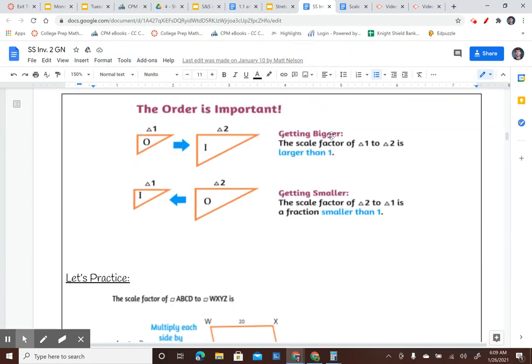Now notice the order is important. So we take a look at the arrows here. If we go from 1 to 2, like we see in this first example here, then the scale factor is going to be larger than 1 because our shape is getting bigger going from where the arrow starts to where the arrow ends. Go from 1 to 2. So our scale factor would be